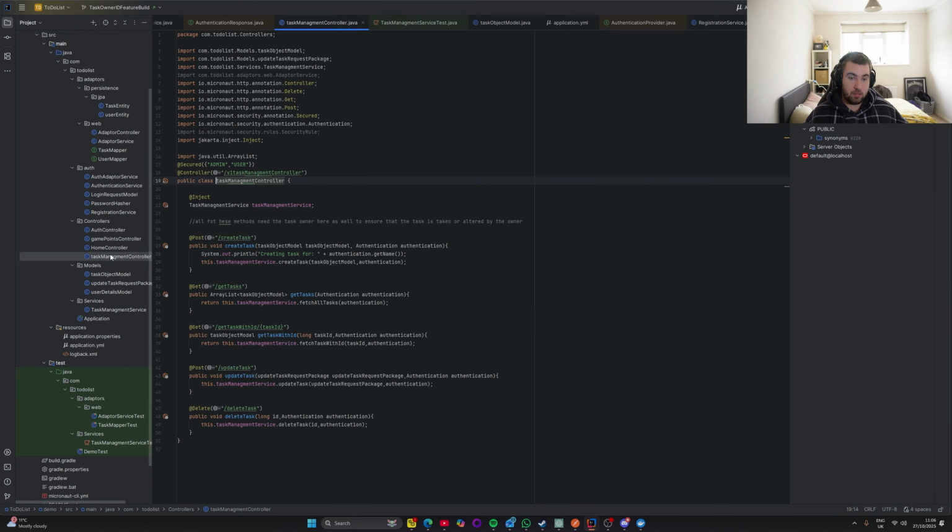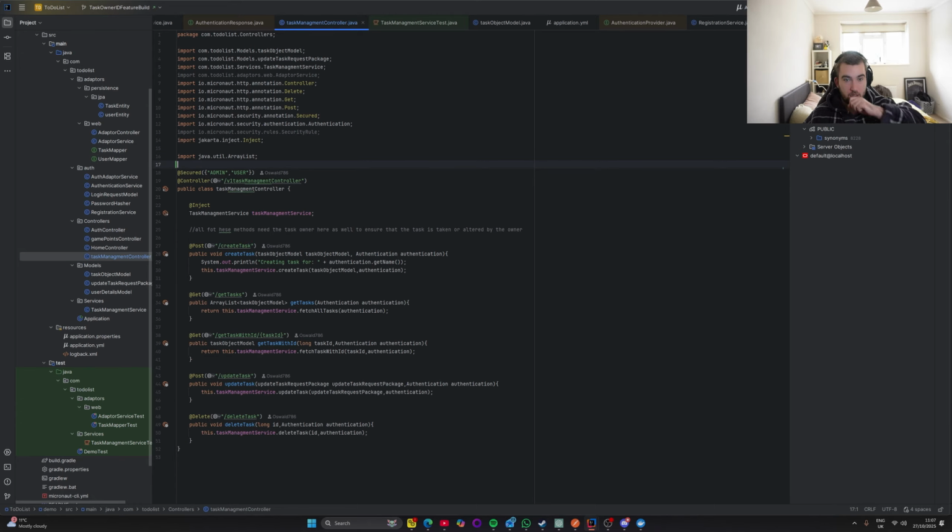The next bit, which is probably a bit more important, is what we have here, which is the task management controller. Now this has a couple of key setup points that you need to keep in mind. The first one is this bit here, which is @Secured. When you use @Secured, you've got a couple of options. You can use isSecured and then isAuthenticated. That's an option. In my case, for best practice, and I do think it's best practice, you can use @Secured and you can actually specify